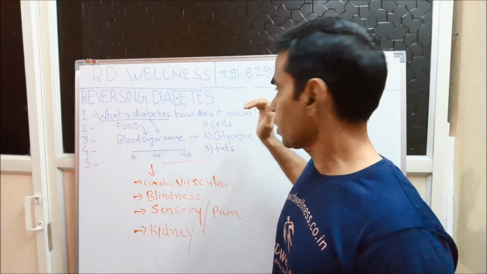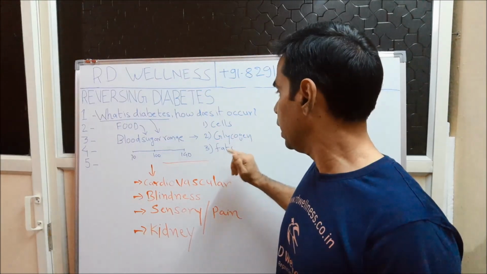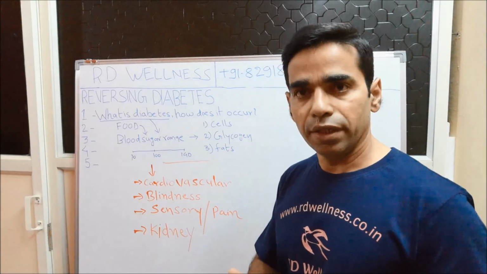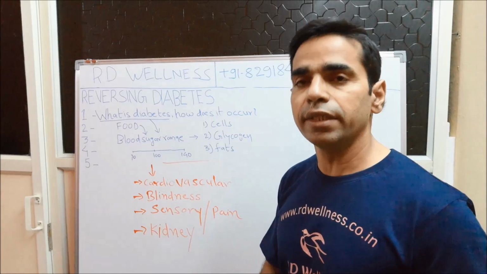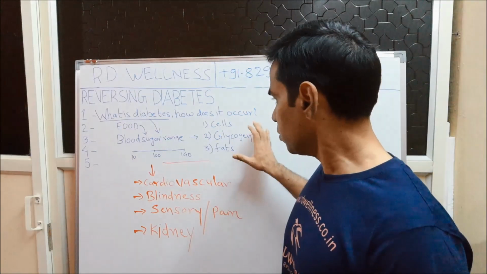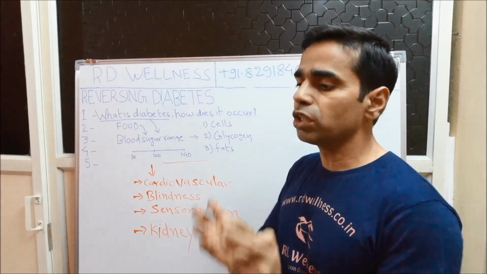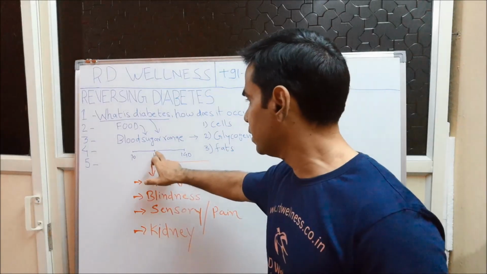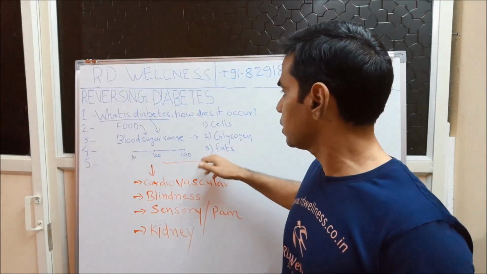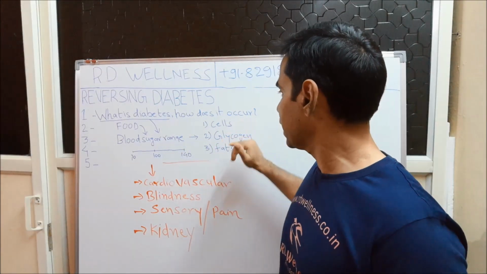So these are the 3 essential processes. Number 1 is the use or consumption of the glucose by your cells. Second is generation of glycogen, and third is the fat. Now for all these 3 processes, you need insulin. Insulin is a hormone that is created in your body by one of your organs. We don't need to know the name of the organ. That insulin is secreted as soon as the glucose enters your body and spikes this range. Insulin gets the sense and it starts getting into your blood, and there it starts following all these 3 activities step by step, first, second and third.